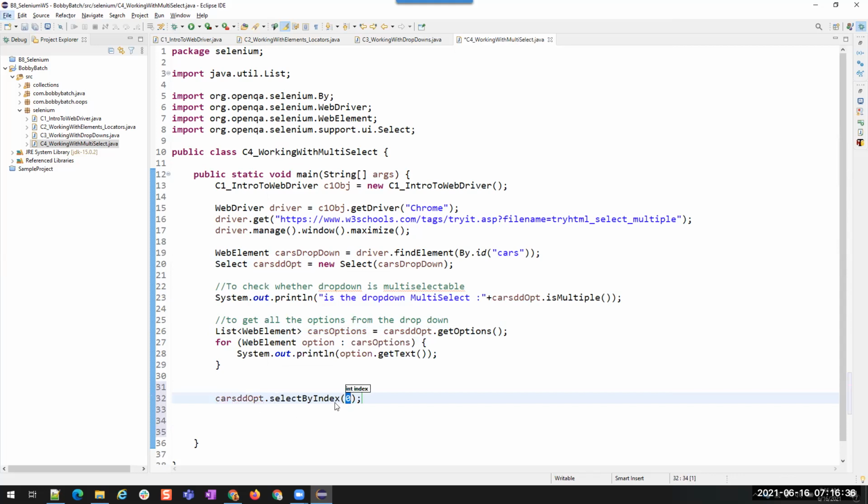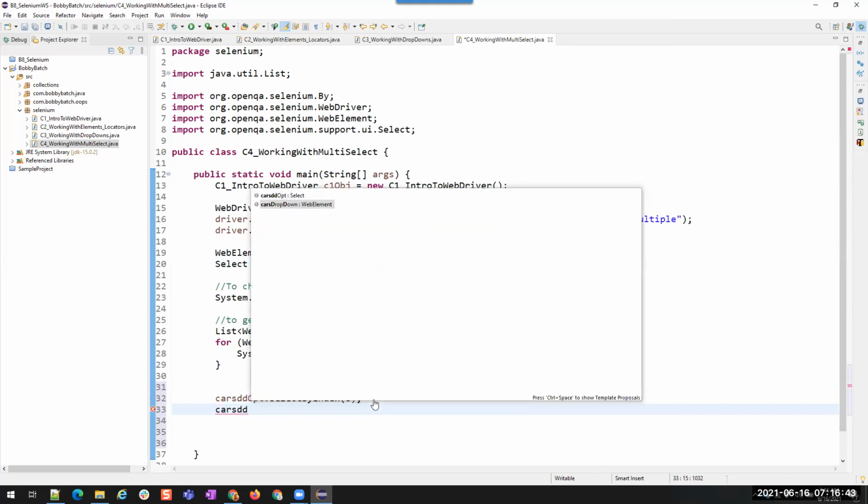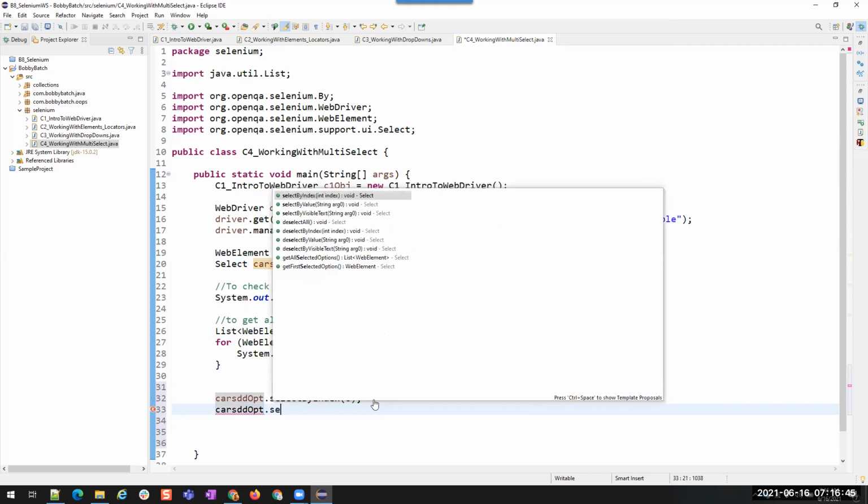So what is the select by index? Okay, let it be 0. Then RGD dot select by value.